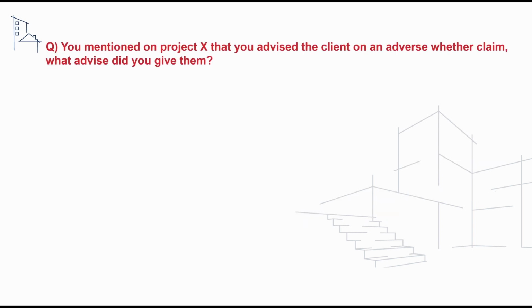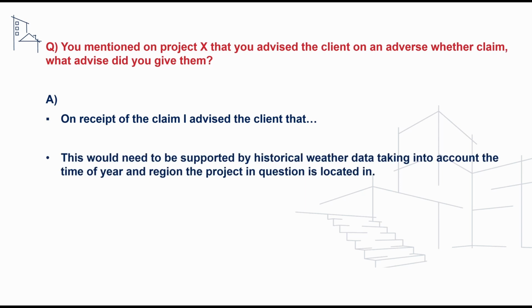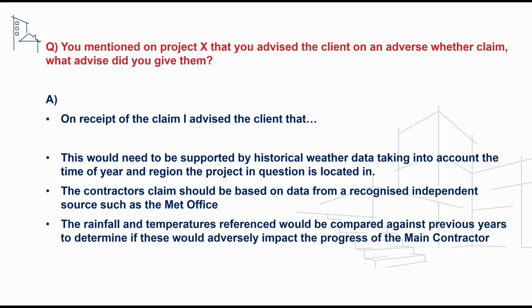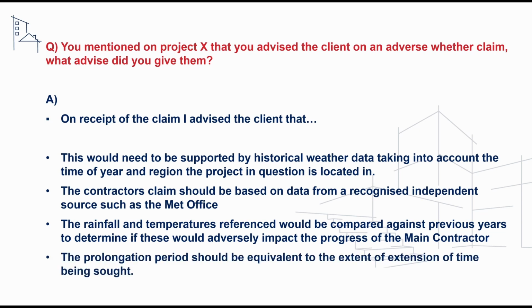The next question we'll take a look at is on our understanding of adverse weather claims, and to address this we can say that adverse weather claims need to be supported by historical weather data taking into account the time of year and region the project is located in. The contractor's claim should be based on data from a recognised independent source such as the Met Office, and the rainfall and temperatures referenced would be compared against previous years to determine if these would adversely impact the progress of the main contractor. And we could also say that the prolongation period should be equivalent to the extent of extension